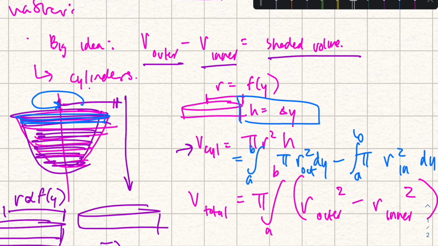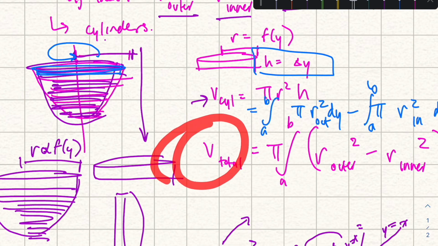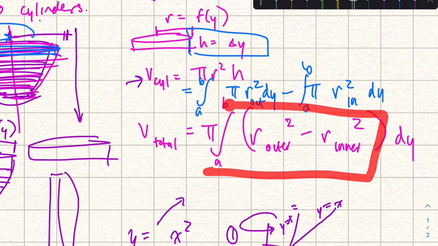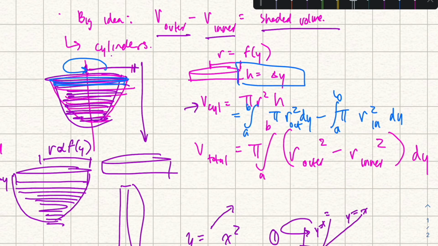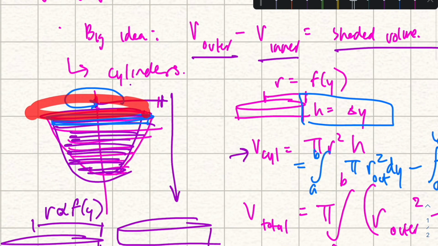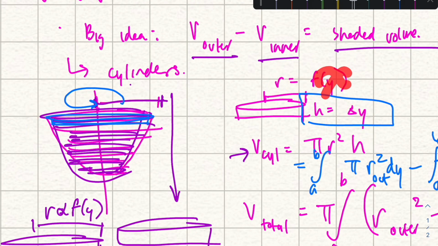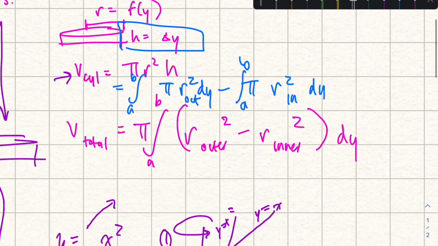we would split up the actual revolved curve into many infinitely thin slices of cylinders. In this case, we realize that since the volume of a cylinder equals pi r squared h, the total volume would be the sum of all of these cylinders from the bounds of a to b with respect to whatever variable we're writing it with respect to. And in this case, we notice that the height is actually the change in y, and that r has some kind of relationship to x,